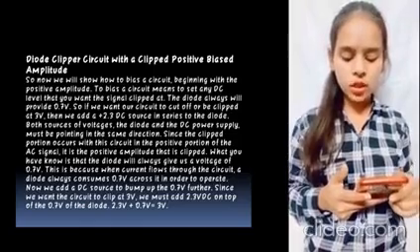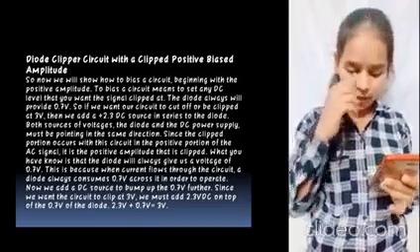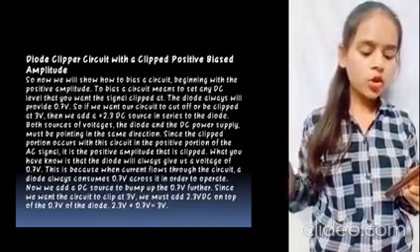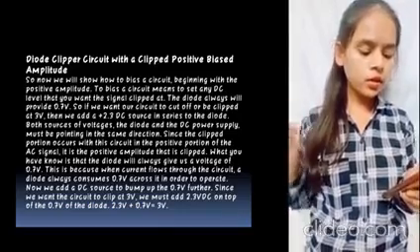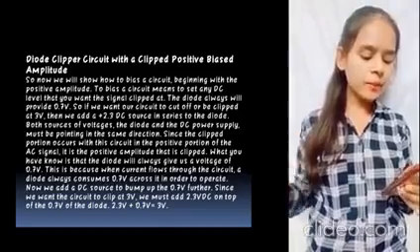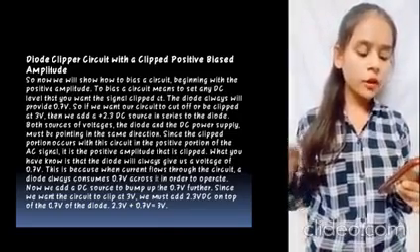Both sources of voltage, the diode and the DC supply, must be pointing in the same direction, since the clipping occurs in the positive portion of the AC signal. It is the positive amplitude that is clipped. What you have to know is that the diode will always give a voltage of 0.7 V.